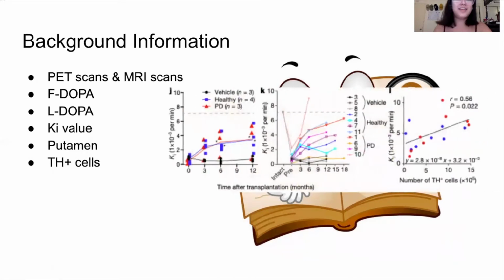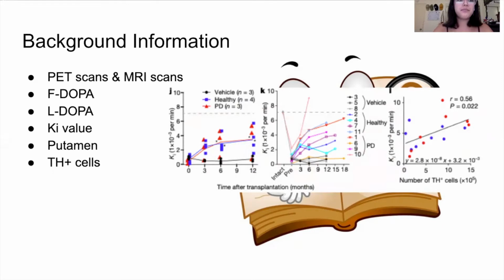Now moving forward, this is figure J, K, and L. So these figures each showcase Ki values in the y-axis, and this is obtained from F-DOPA using PET scanning. So in these figures, Ki values represent the amount of F-DOPA in the putamen. And the putamen regulates movements and is connected to the substantia nigra, and therefore also houses dopaminergic neurons in the